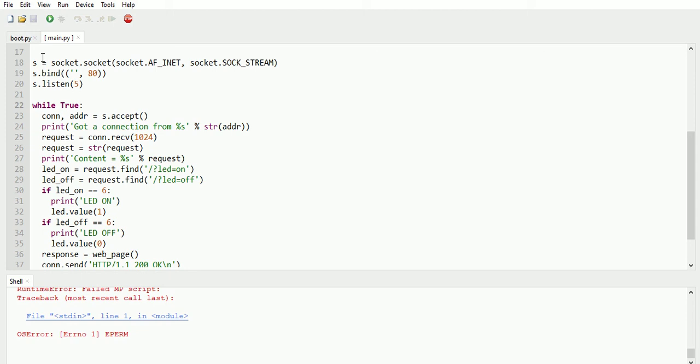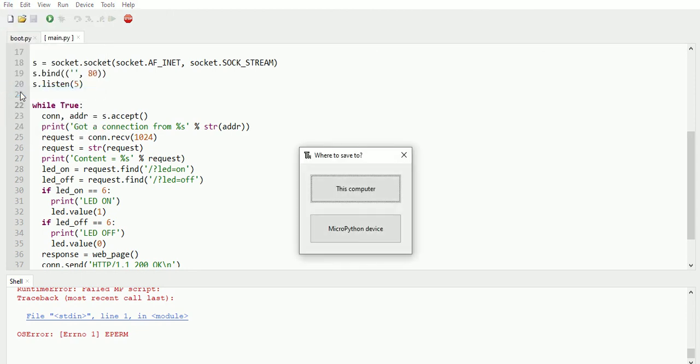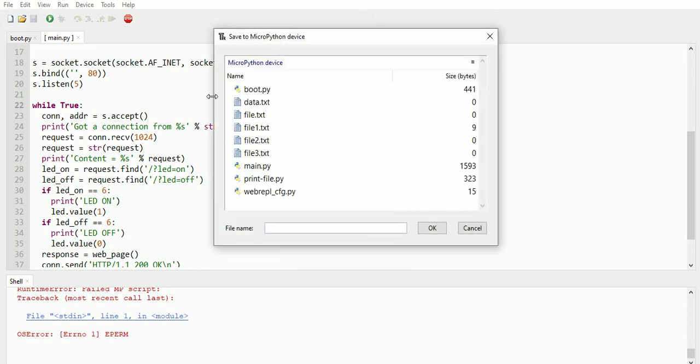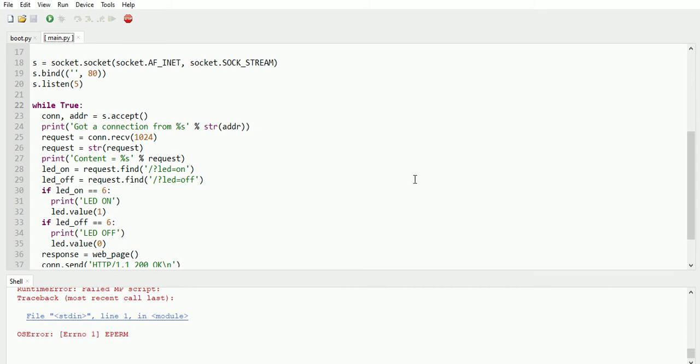Now if you want to load a file, for example, now we have selected main.py, right? You have to click on save copy and select the MicroPython device, and you want to write main.py, right? You just double click it or type a name below. When I say double click, it asks, do you want to overwrite? So it just tries to overwrite the MicroPython file. So that's how you can write to a MicroPython device or ESP8266 board using the Thonny IDE.